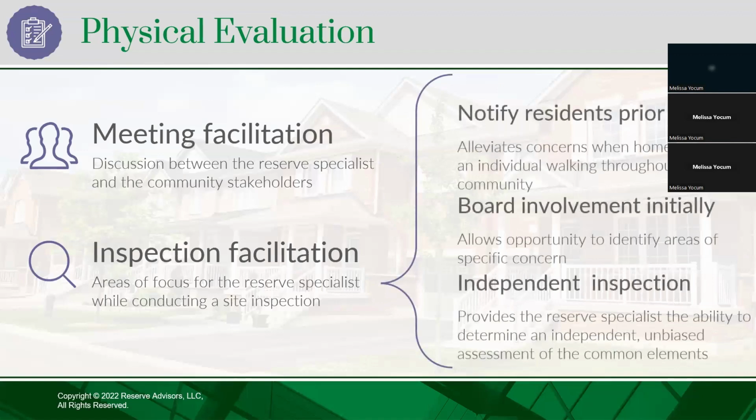So after that meeting, again, we have the inspection. So how do you facilitate the inspection? It's really helpful to notify residents and homeowners prior to the inspection occurring. Sometimes homeowners get a little nervous when they see us walking around, taking notes and snapping photos around their community. We're in their backyards or at the pool and things like that. So it's really helpful if they have an understanding that there will be someone inspecting the property. We usually wear our logos and have business cards, so we're happy to explain what we're doing and who we are. But the more heads up that residents have, the better.